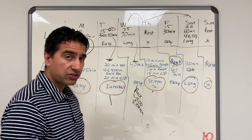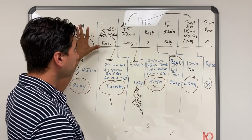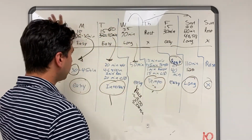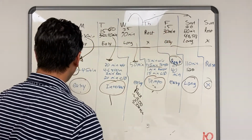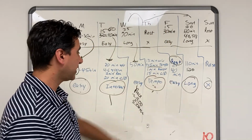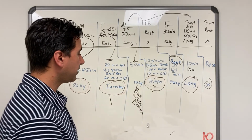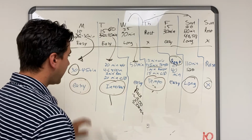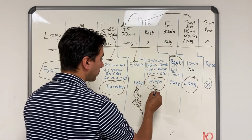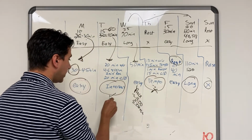So just to recap, long runs should be first, the long plan. Make sure you can get up to the distance that you want to do, then work on your fast plan, which is to really hone in on your speed, and then your bread and butter here for performance is your tempo runs. Intervals just get you,